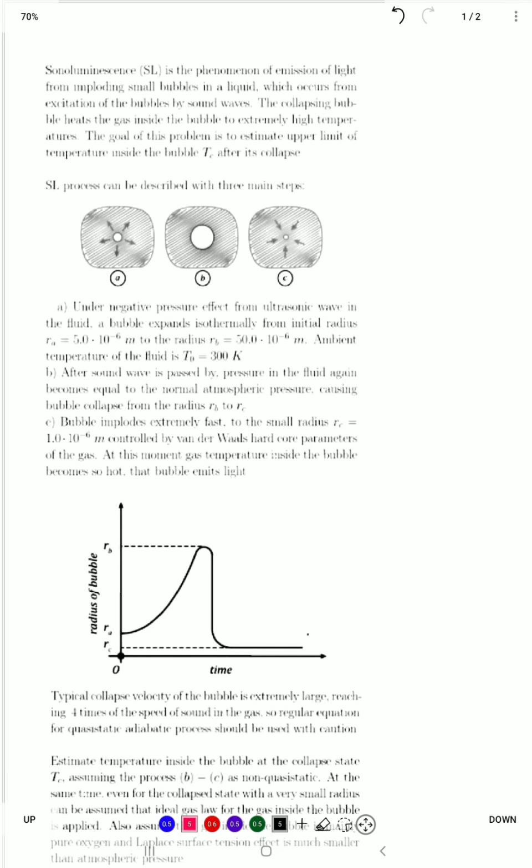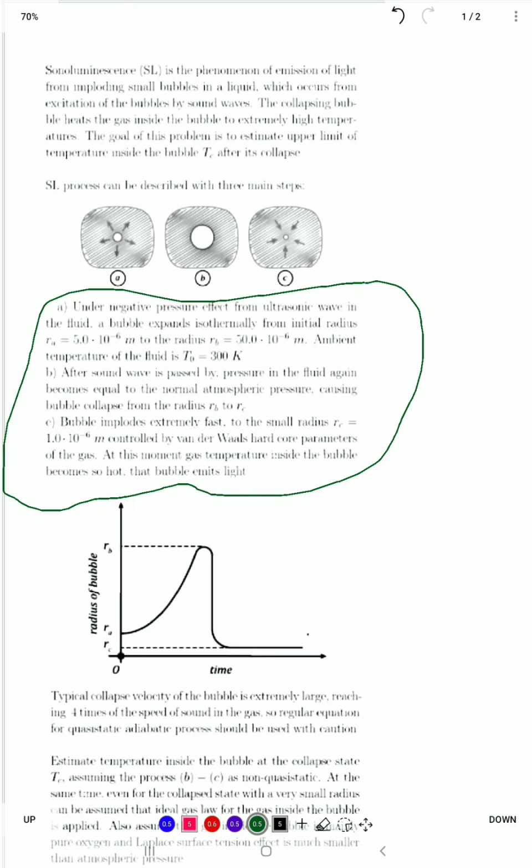So this is the other part of the video. Here we will be discussing a numerical based on the sonoluminescence effect. If you have not seen my first part of the video, do see it. Otherwise you will have some problem in understanding the situation and the question, because I will not be explaining all this mechanism in full detail, as I have already discussed it in my previous video. So if you want to know the mechanism of the problem, you can just see my previous video.